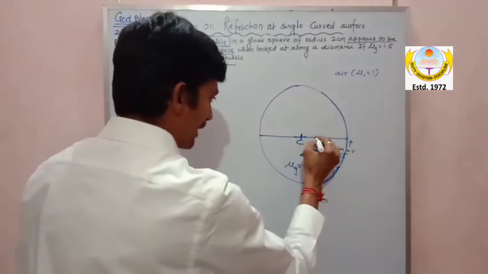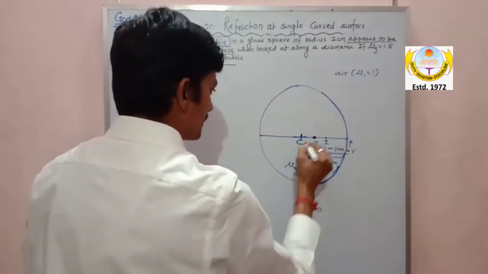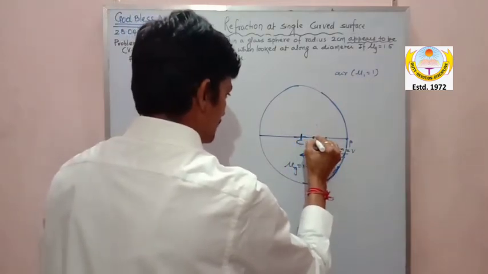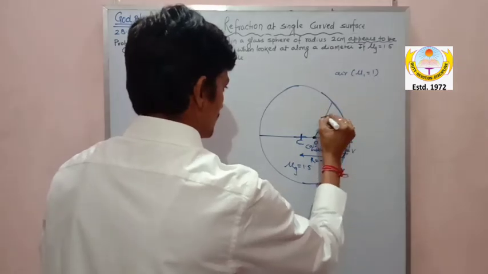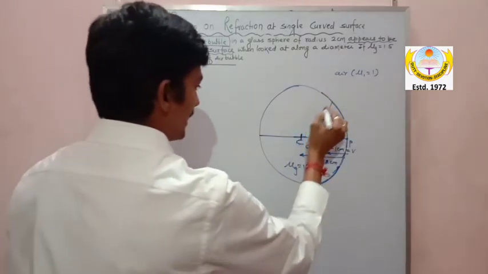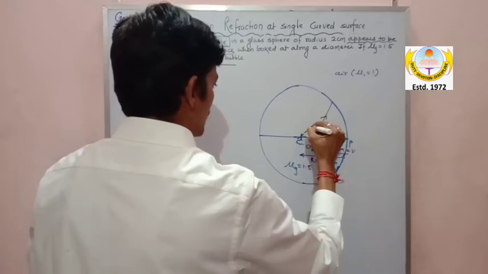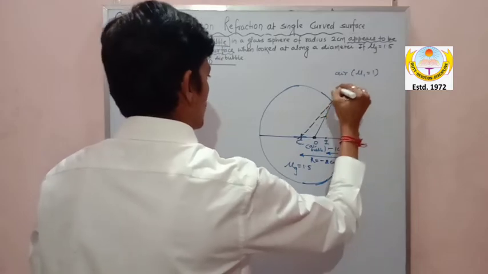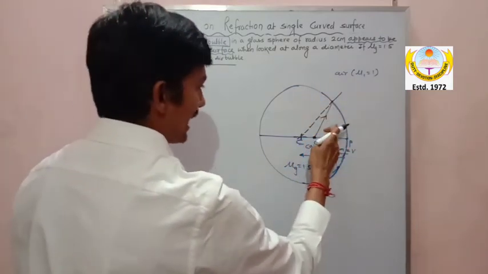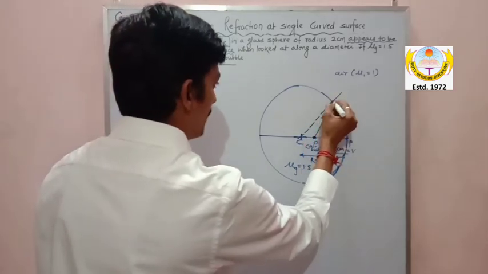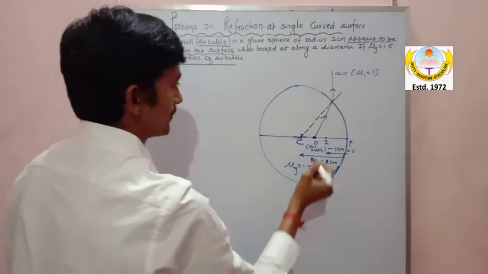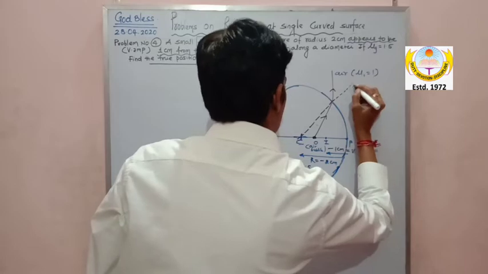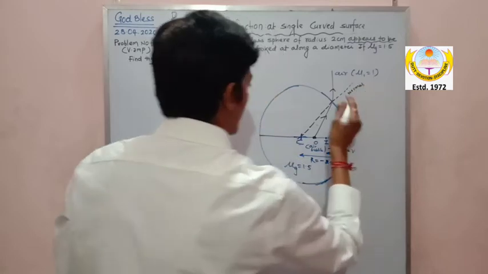So now let us see that. Look at it, what will happen. Say I have taken the object here. Okay, the light goes like this. Here is your center of curvature, so this will be your normal. This is the normal. And since the light is going from denser to rarer, it will bend away from the normal. Am I clear, my dear? I hope you are getting it. This is your normal, because it passes through the center of curvature.